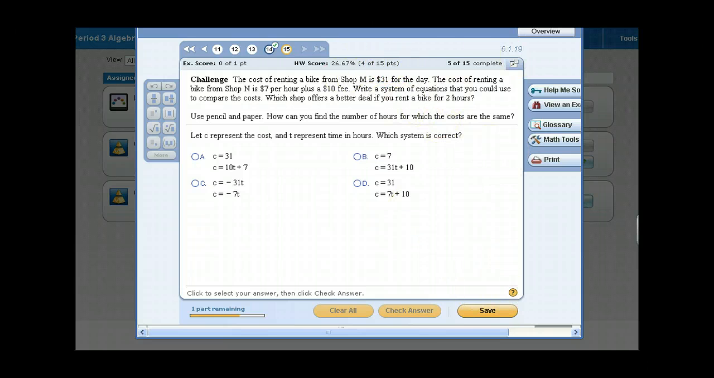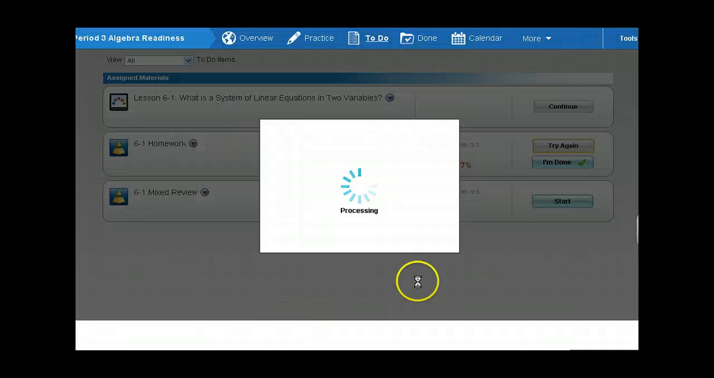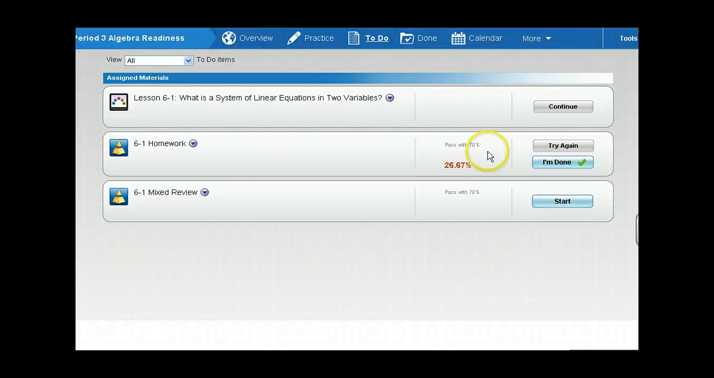Now, if you're done and you want to save it, you want to click Save. Don't click out of this. You click Save, and you can come back and continue it whenever you like. And it will save your results in here, like right now,